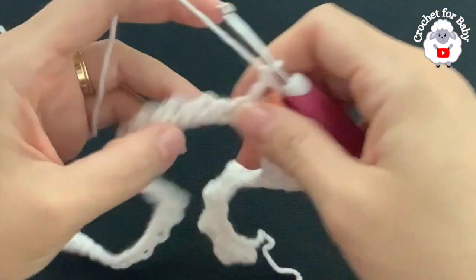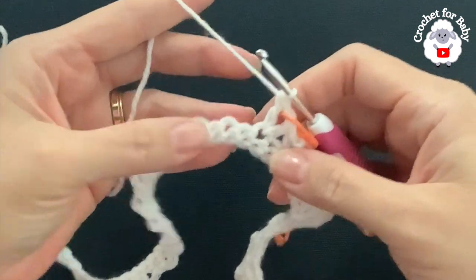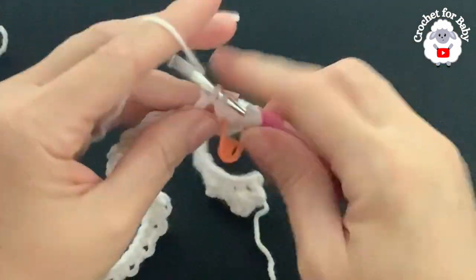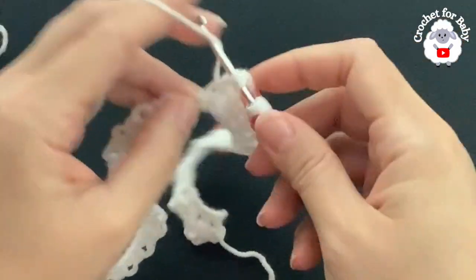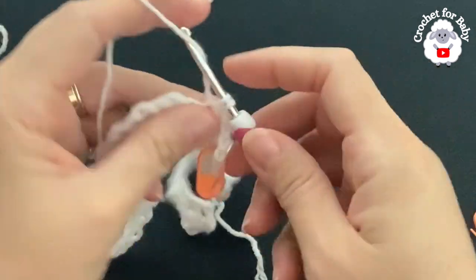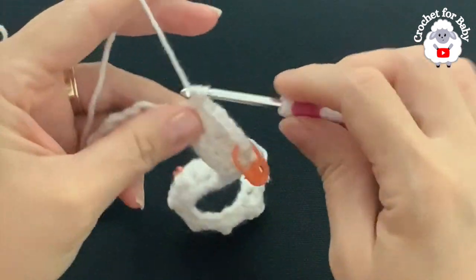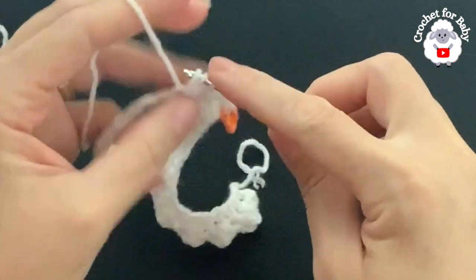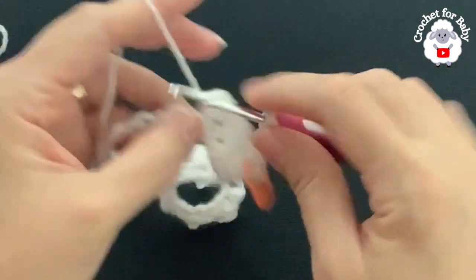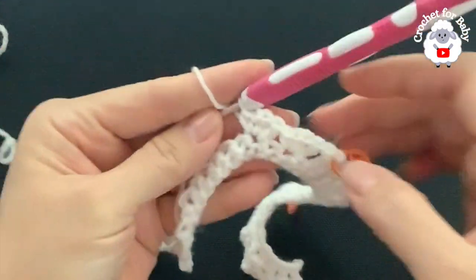And now we're going to continue for the back side. For the back side, I'm going to make a total of 8 shells. So same thing, skip 1 and into the next, make a shell. Skip 1 and into the next, the second shell, and so on until you have 8 shells for the back side. So continue, make these 8 shells, and then I'll come back and show you how to make the third